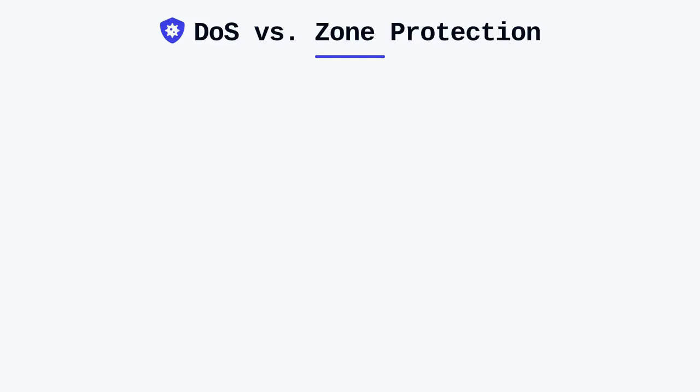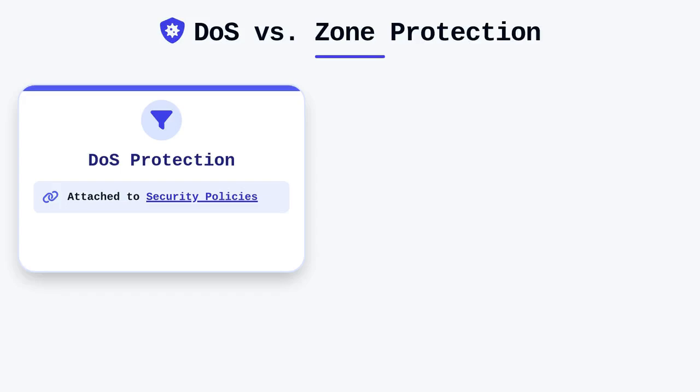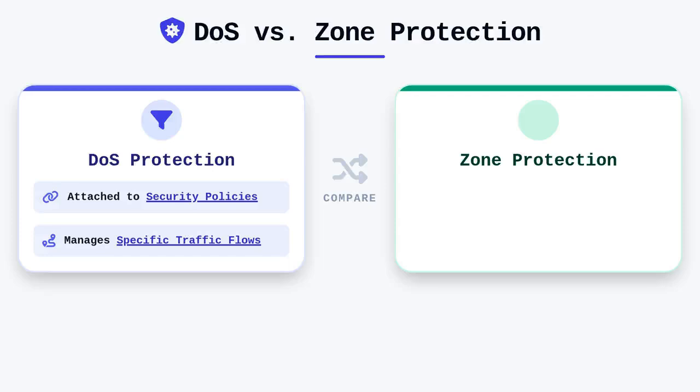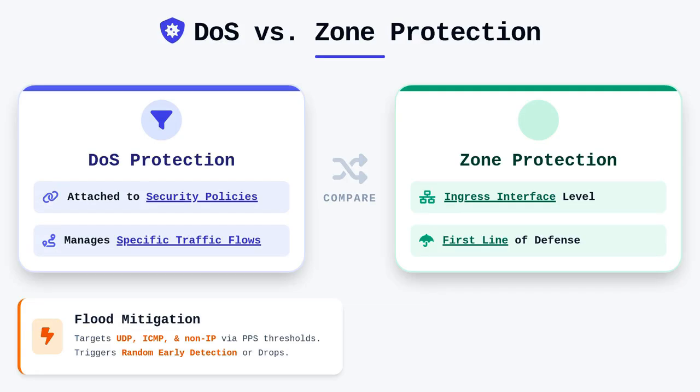To build a robust defense, you must also understand the distinction between DOS protection profiles and zone protection profiles. While a DOS profile is attached directly to security policies to manage specific traffic flows, zone protection profiles are applied at the ingress interface level to act as a first line of defense. A zone protection profile is your mechanism for mitigating flood attacks based on protocols like UDP, ICMP, and non-IP traffic types. You should establish flood thresholds that trigger when packets per second exceed a value that would typically signal an